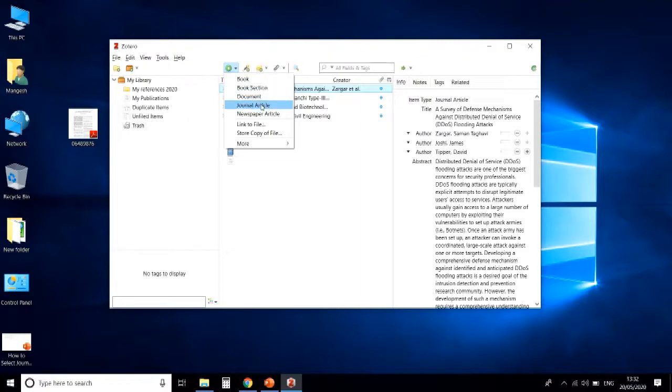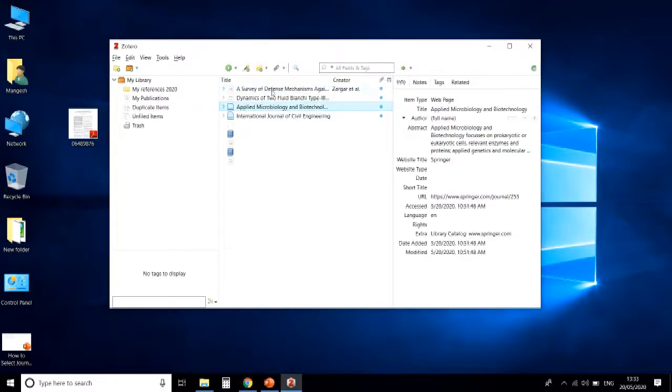Here, paper or book, title is there, author, DOI, publication details, link of paper or book, everything is available on the right hand side.